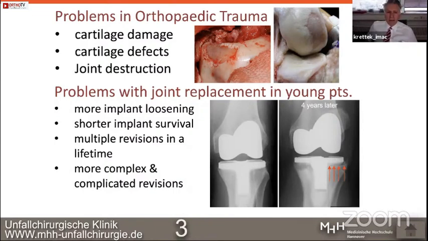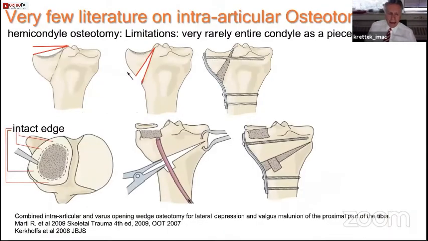We have cartilage damage, we have cartilage defects, we have joint destructions, we have alignment problems, we have ligament problems. And the problem with joint replacement in the young, especially in the young patient, is they have more implant loosening, they have shorter implant survivals, they have more and multiple revisions in a lifetime, and they get more and more complex and more complicated. And when you look in the literature, there's very little written on intra-articular deformities and intra-articular